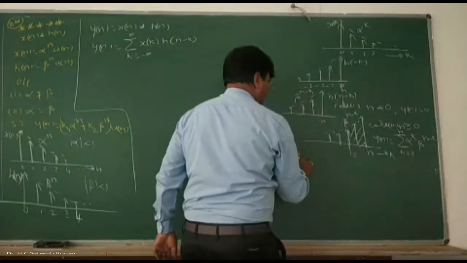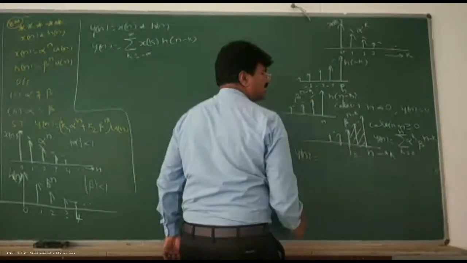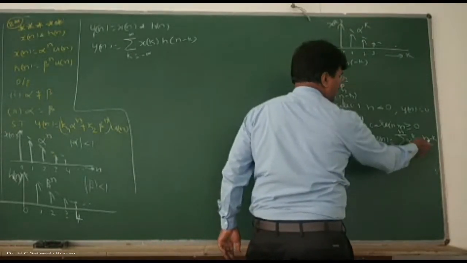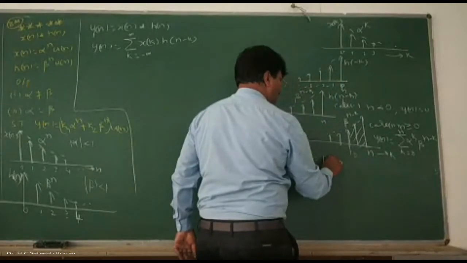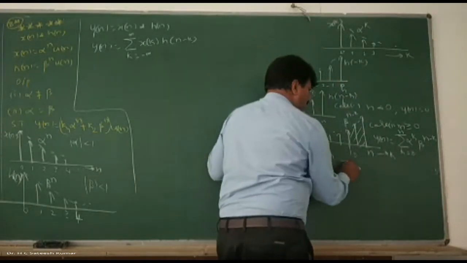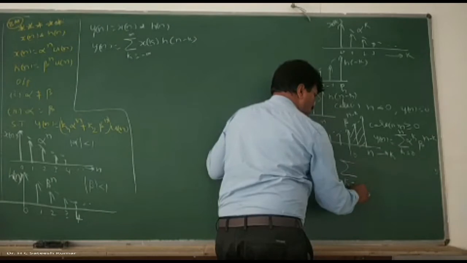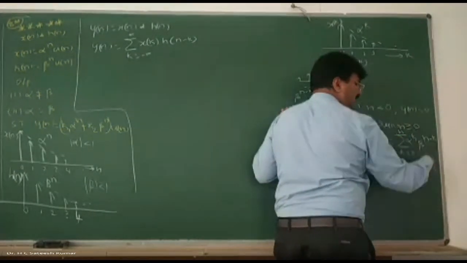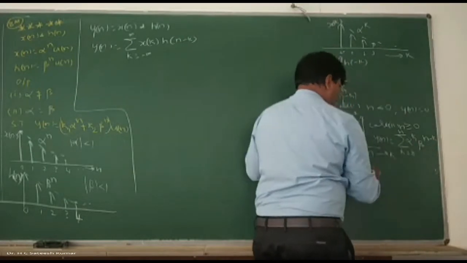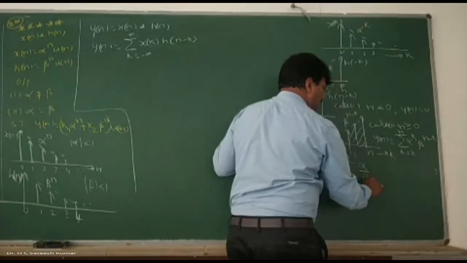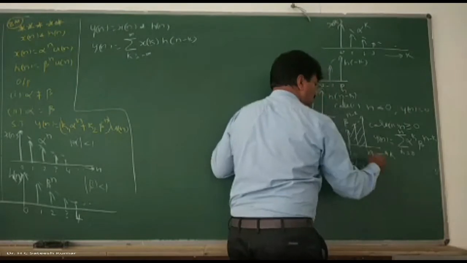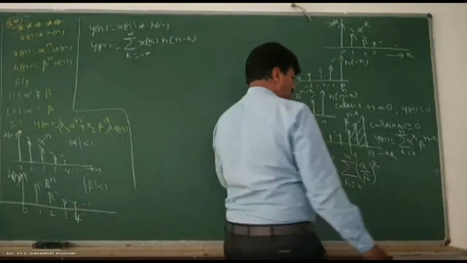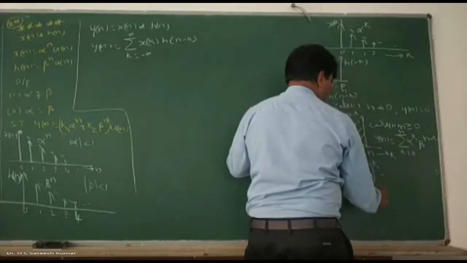Therefore, y of n is equal to what? See, the summation is for k, so you can take the n-dependent term outside, no? So beta to the power of n is taken out, and summation k varies from 0 to n of alpha to the power of k into beta to the power of minus k. Take it to the denominator, beta to the power of k. Therefore, I can write it as alpha by beta whole to the power k. And the formula is available on the last page of your notebook. That I have done, 7 identities. So what are those identities?